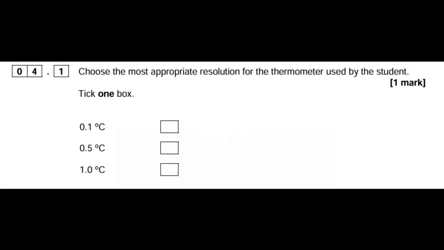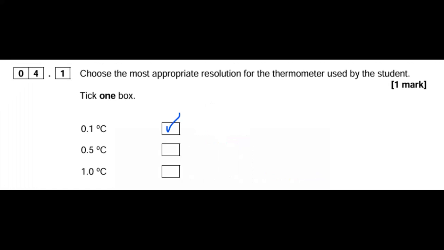Now, for the second multiple choice question of the paper, we're expected to choose the most appropriate resolution for the thermometer used by the student. This is, of course, 0.1 degrees Celsius, because if you're trying to measure an increase in 0.6 degrees Celsius, you're not going to be able to measure it with 0.5 degrees Celsius because it's not precise enough, and you're definitely